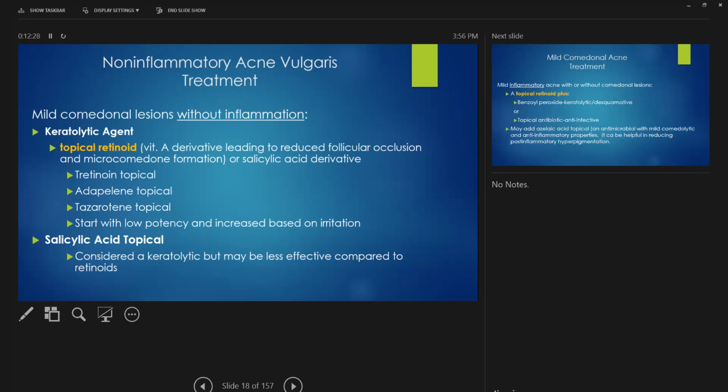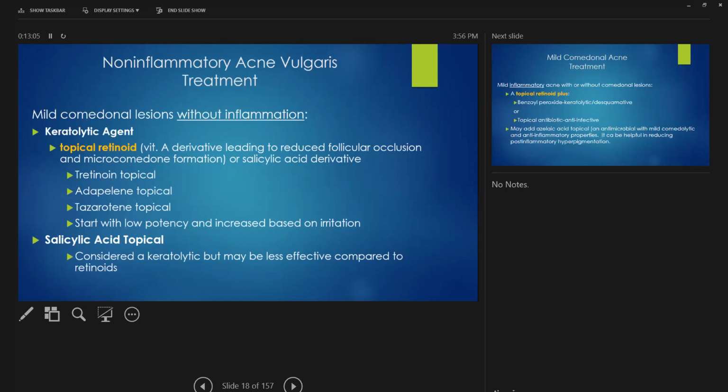So the take home here for non-inflammatory acne vulgaris and treatment. For mild comedonal lesions without inflammation, we want to start out with a keratolytic agent. In this case, a topical retinoid is probably your first go-to. You can also add salicylic acid as well. So these are your keratolytics. Keratolytic agents are tretinoin,